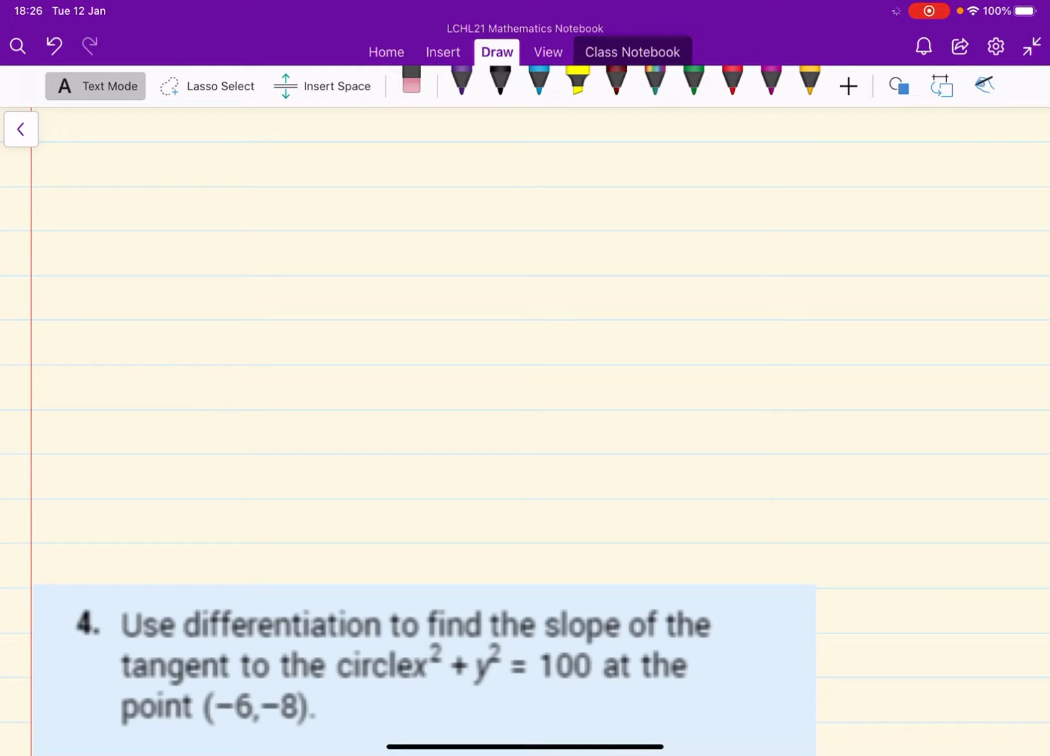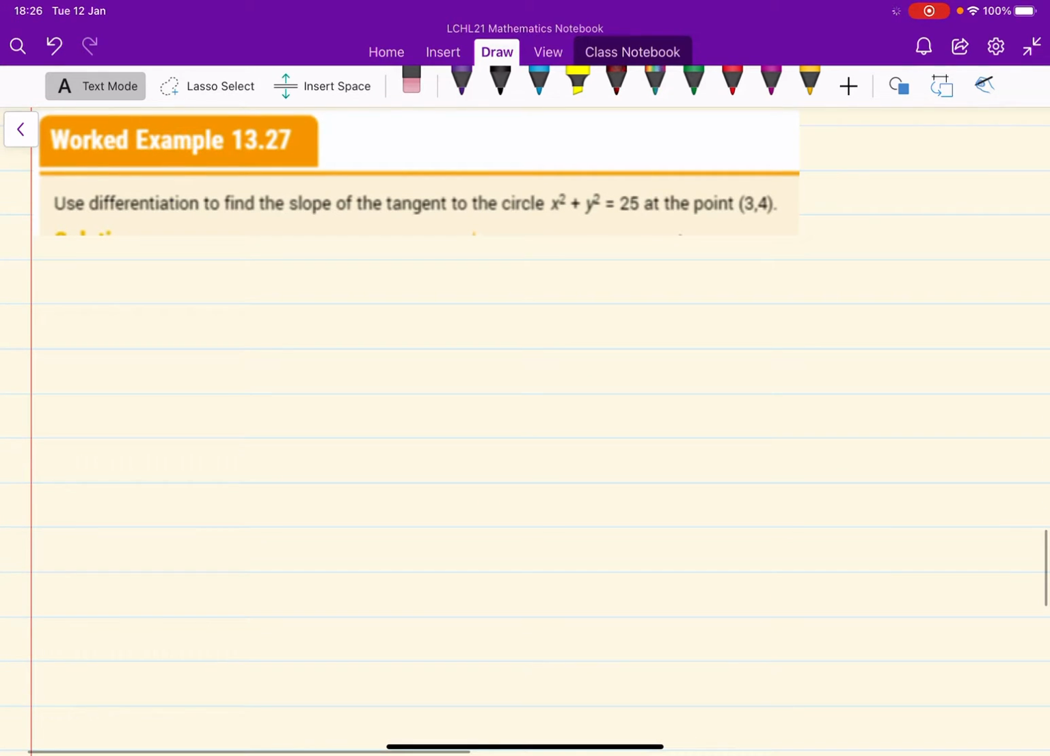Now let's look at the actual example that was in the book. Use differentiation to find the slope of the tangent to the circle at that point. So if we want to get the slope, we need to differentiate it. As we know, our function is x squared plus y squared is equal to 25. If we differentiate that, we get 2x plus, differentiating y squared, 2y dy/dx is equal to